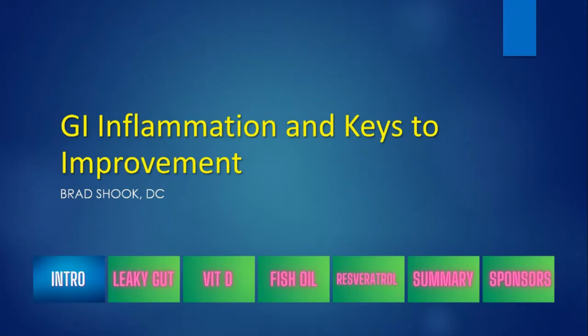The interesting thing about the GI tract is that it is this environment where the outside world meets the inside world. And this is an area where if you have chronic inflammation, and there's a lot of different things that could cause inflammation, it can create a lot of problems for the immune system because this is actually an immunological barrier. It is a one cell wall thick barrier system that keeps the things in the GI tract inside the GI tract and out of the bloodstream unless they are small enough to pass through the intestinal barrier into the bloodstream where the body can use it for repair processes.